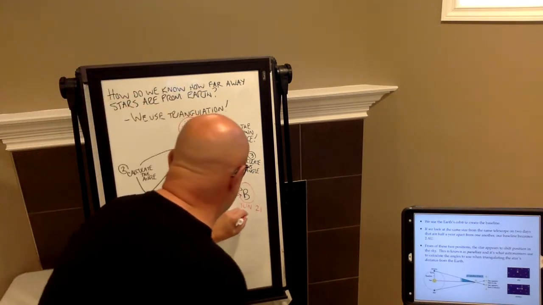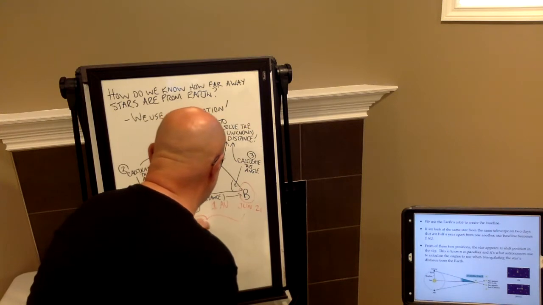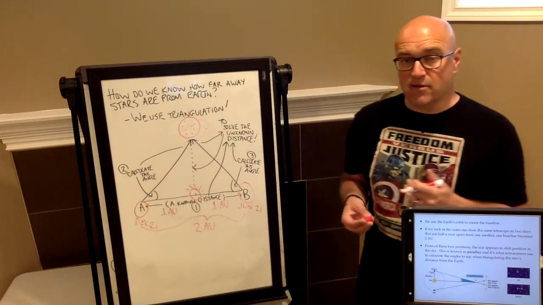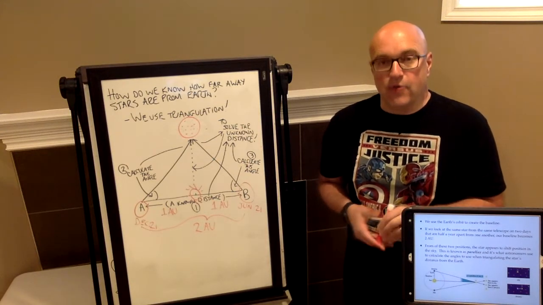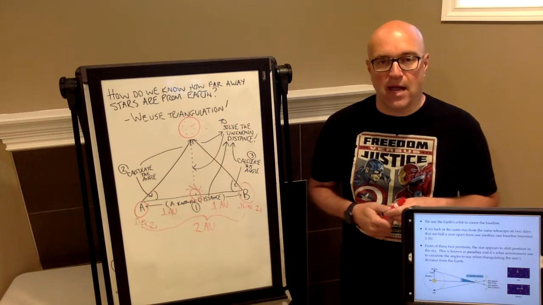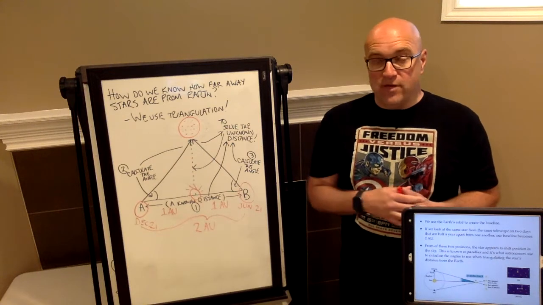So we technically know that this side of my triangle now has a distance of 2 astronomical units. And that's about the biggest distance that we can work with if we're fixed here on the Earth. We can't really have a larger distance on that bottom side of the triangle. And what astronomers are going to find, and what you would find if you did the same thing, is this: